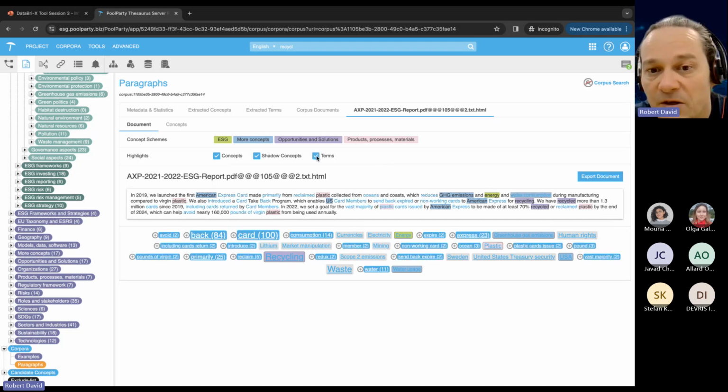And the final part are the remaining terms, where we also provide a structured processing of these textual terms that you can then further use to work with. For example, also make concepts out of them and put them into the knowledge model. So we provide these terms in a refined way, clearing away stop words and such, so that you can get the most out of the content of your documents. So this is basically what the PoolParty extractor is doing, and this component is provided to Databrix and used in two use cases